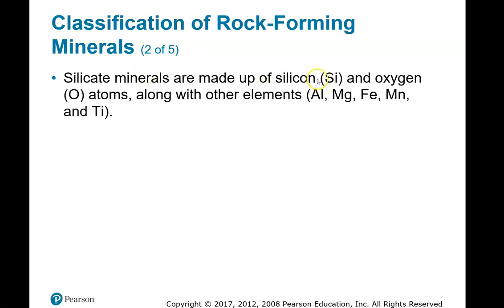So silicate minerals are made of, I know, big surprise, silicon and oxygen, right? All right, and then you have these other elements that are common. Most of them are common. Aluminum certainly is common in the crust. Aluminum, magnesium, iron, manganese. This is not quite as common, and titanium. The different amounts of these metals, these are all metals, can change the color of these things, or the chemical composition, basically.